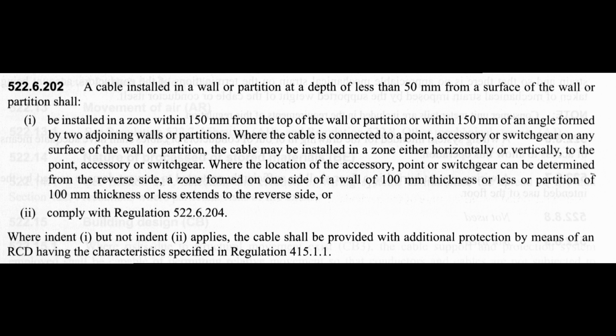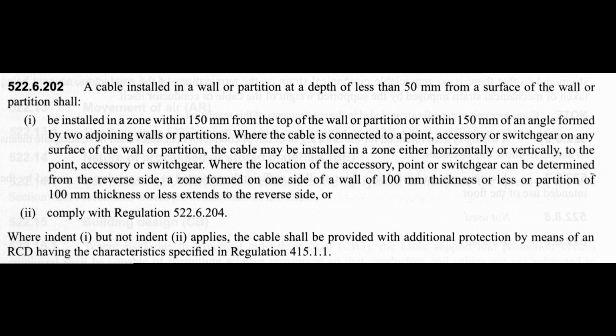If you're going to be doing those things, then the piece at the bottom here also applies, which means that the cable shall be provided with additional protection by means of an RCD, having the characteristics specified in Regulation 411.3.3, and that basically comes down to having the 30mA RCD for all concealed cables, and that's been the case for a considerable length of time. Now, the only other option you've got is point 2 here, which basically just says complies with Regulation